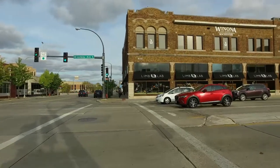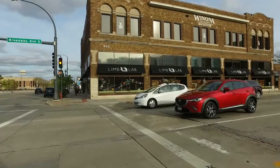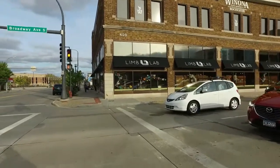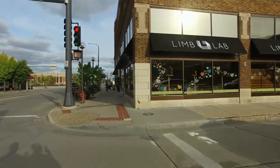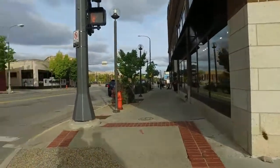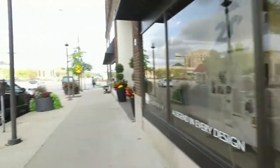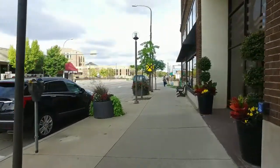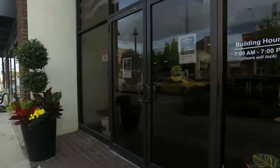Welcome to Limb Lab. We're located downtown Rochester, Minnesota, at the corner of 4th and Broadway, just a few blocks away from the heart of the city, in the historic Riverside building. You can enter our building from two sides, the north or the south. We have free parking on the south side, ground level parking, which makes it easy to get into our facility or any place along the perimeter of the building with our